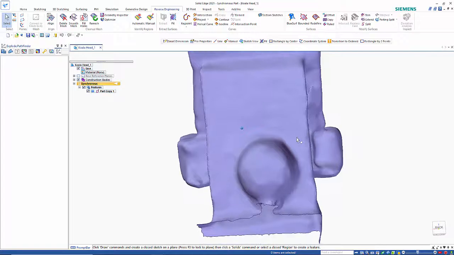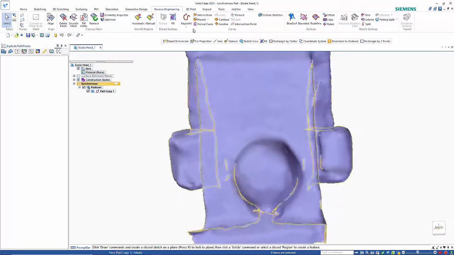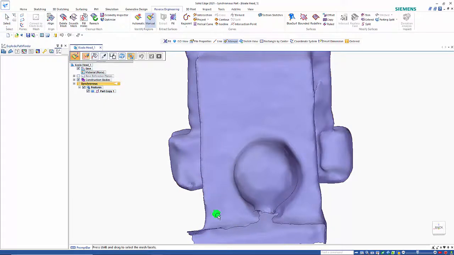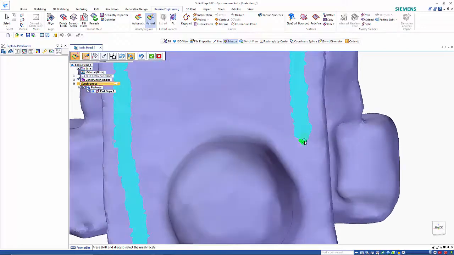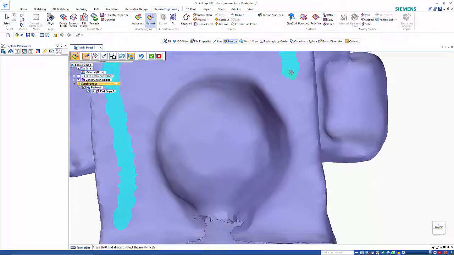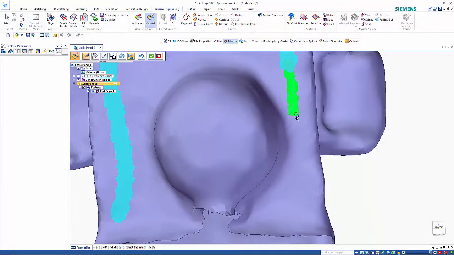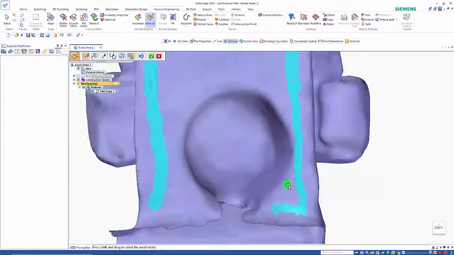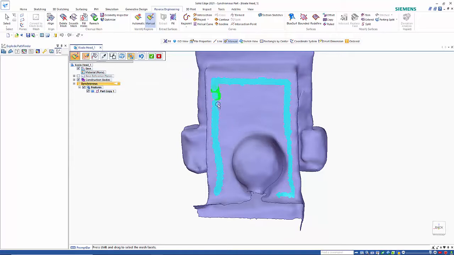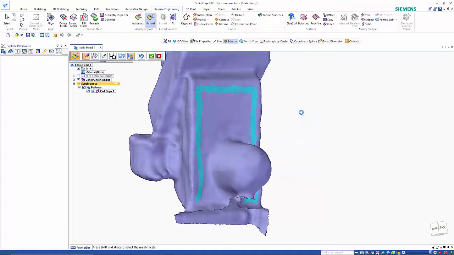So if we use some of our reverse engineering tools, I'm going to manually paint over this area here, not going too close to the rounds, and if I zoom in so that I'm not picking those up, it gives me the chance of going through and creating or defining an area that we want to place a